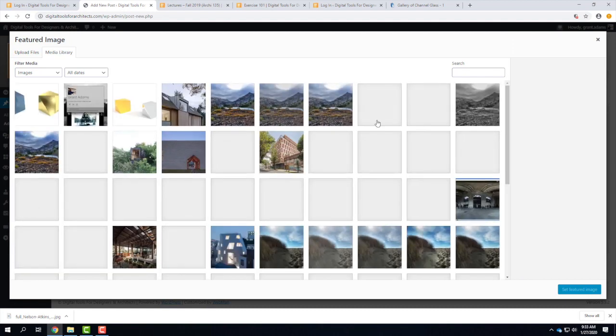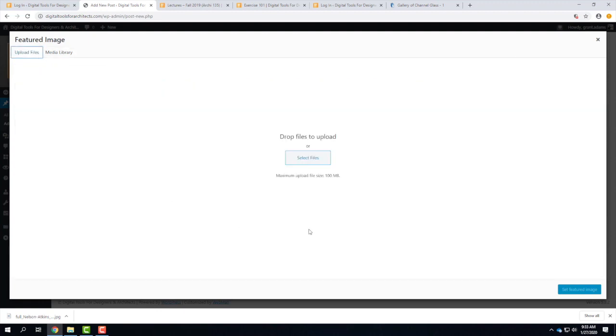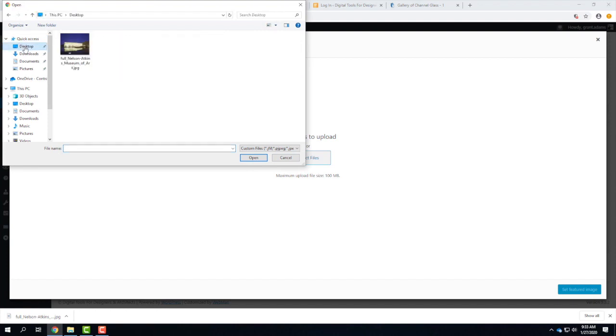And it'll allow me to upload a photo. So in this case, these are all uploads that I've made in the past because I have made posts before. You guys, this will be empty because you've never made a post before. So I need to go ahead and upload a file instead of picking from my media library. So I'll click on Upload Files right here, and then I can select the file. You could drop it from your desktop. You could drag it in. That would work. But there it is.